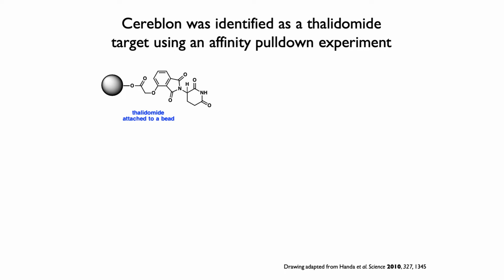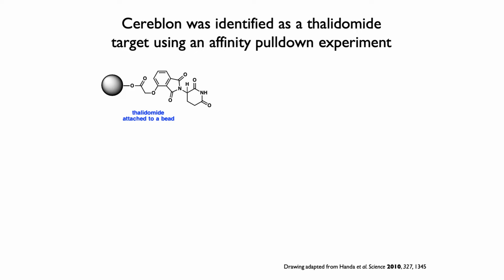So as a bit of transition into the method that we are trying to develop for helping with target identification, I wanted to tell you how the target cereblon of thalidomide was determined originally. So here, as on the previous slide, I'm just showing a simplified drawing. I've left out most of the carbons. I also am assuming that both isomers might have been there, so I didn't show a wedge and a dash that time. But what they did was they attached thalidomide to a bead.